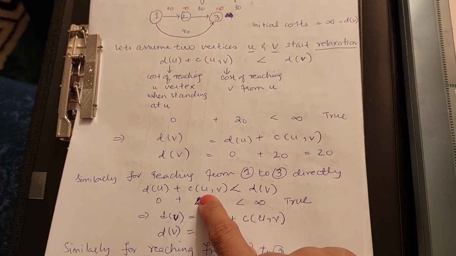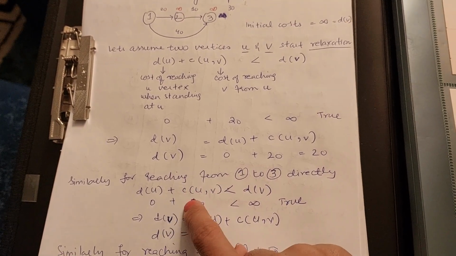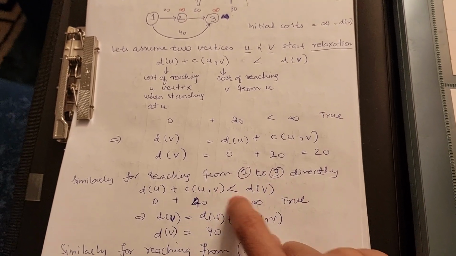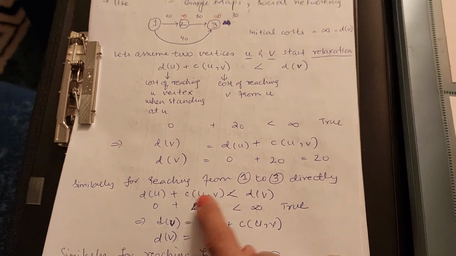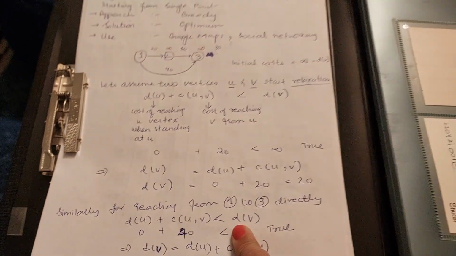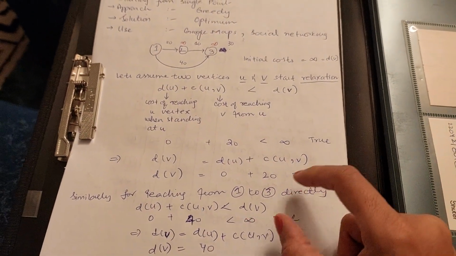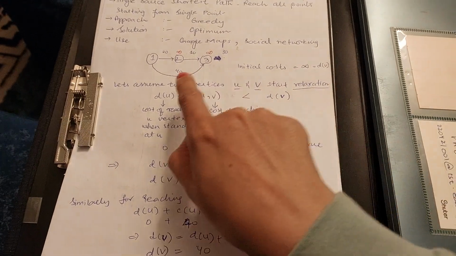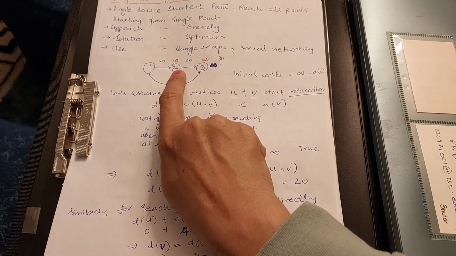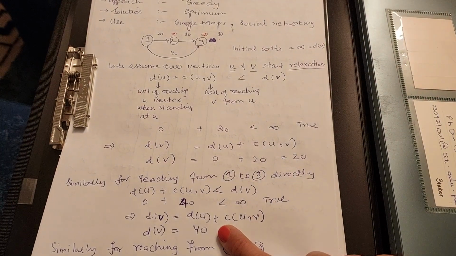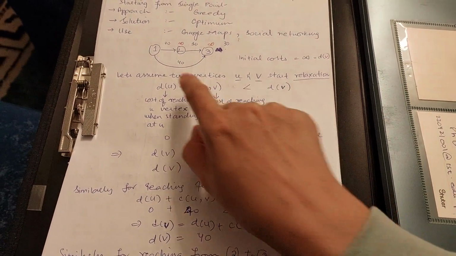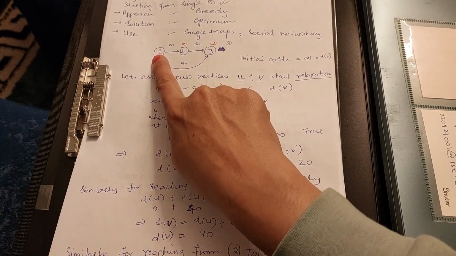You add this 0 and 40 together and that becomes the value of this dv, and this is only true if these two summations are less than infinity. So now you have got two costs. One cost is 20, which was the cost for reaching from here to here, and you have got the second cost as 40, which is the cost for reaching from this single point to